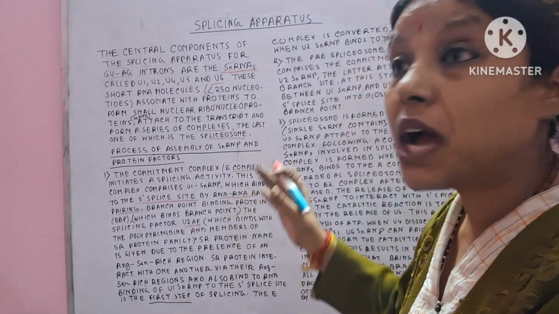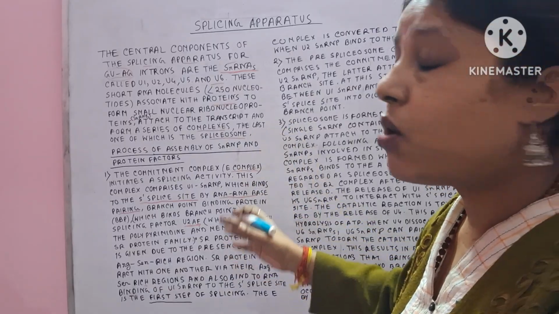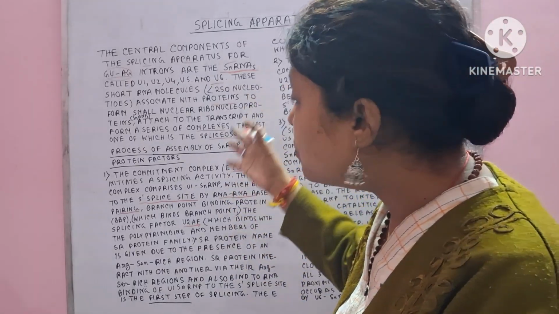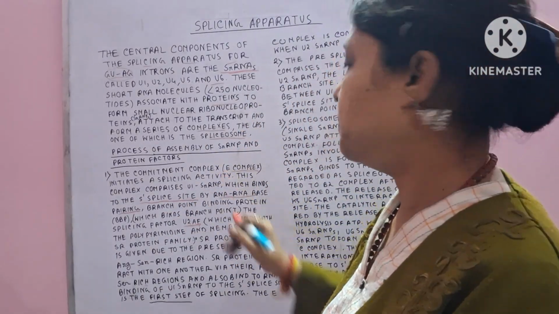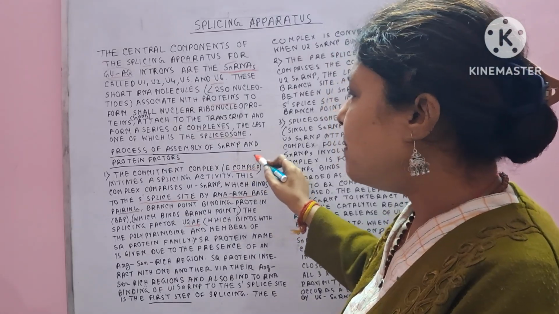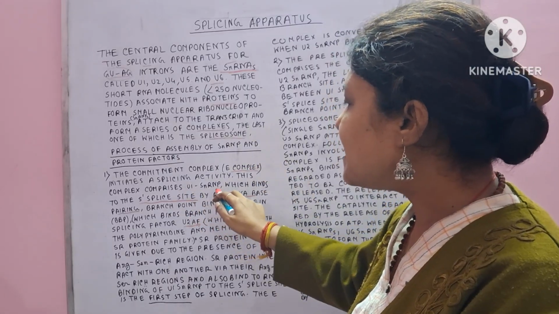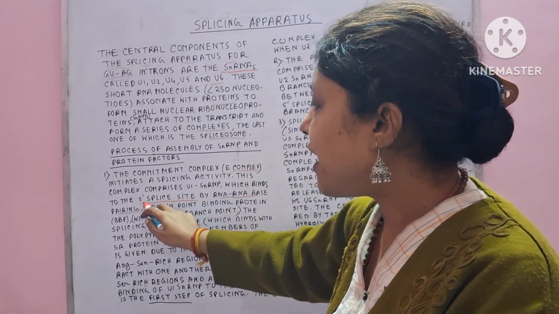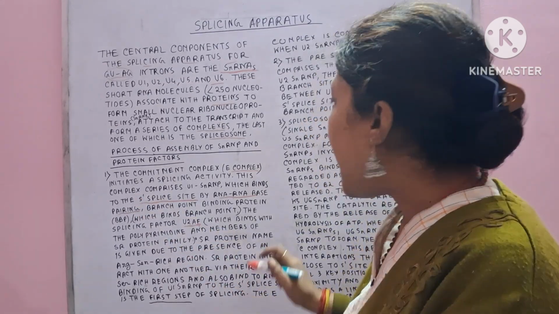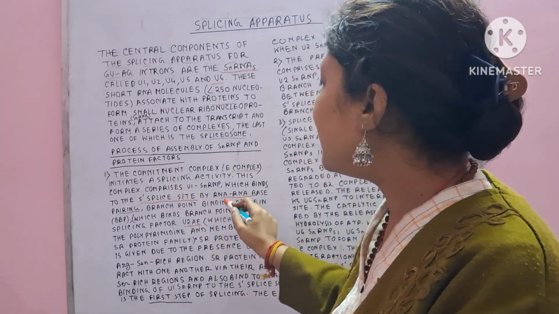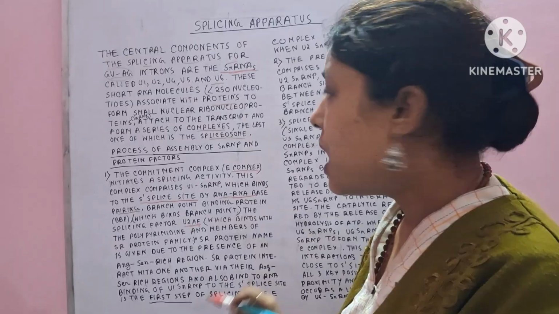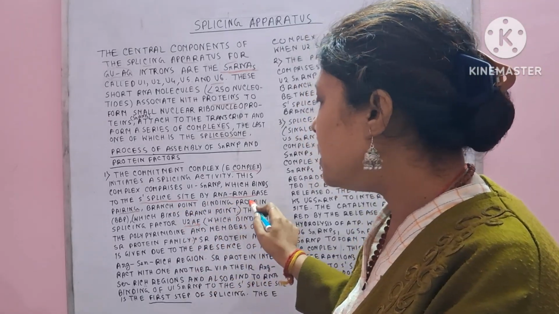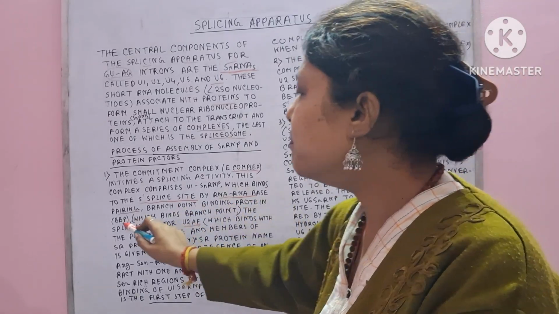Again I repeat how the factors bind and where. First, the E complex containing U1 snRNP binds to the 5 prime splice site. Clear? And how can they bind? By RNA base pairing. The branch point binding protein, the BBP protein,